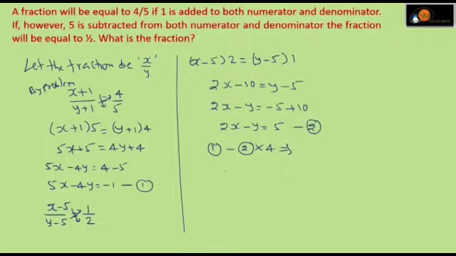First equation you have to take as it is, that is 5x minus 4y is equal to minus 1. This is first equation, and second equation into 4. You have to multiply second equation with 4. Now see, second equation is 2x minus y is equal to 5. Now we are multiplying this one with 4. 4 into 2, 8x. 4 into 1y is nothing but 4y is equal to 4 5s are 20.